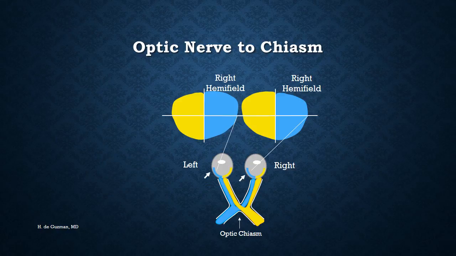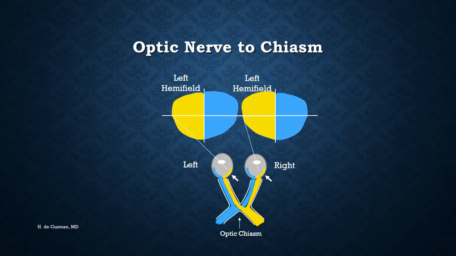Just as it is horizontally, the left side of the retina in each eye receives the light from the right visual field. Right visual field, left side of the retina. And vice versa. At the chiasm, the fibers decussate so that beyond the chiasm, all of the fibers for the right hemifield are now in the left visual pathway and vice versa.